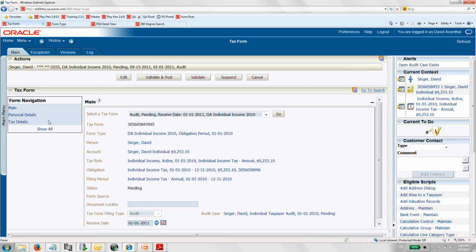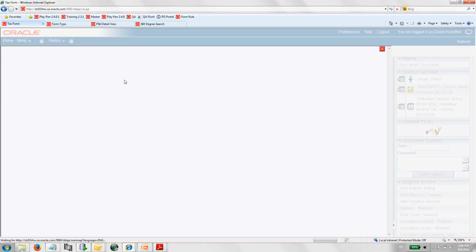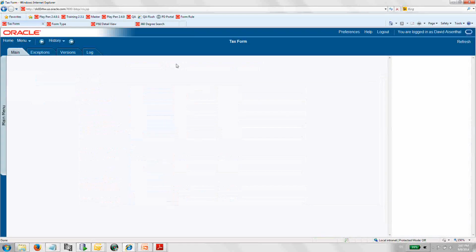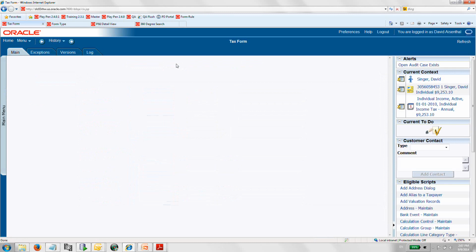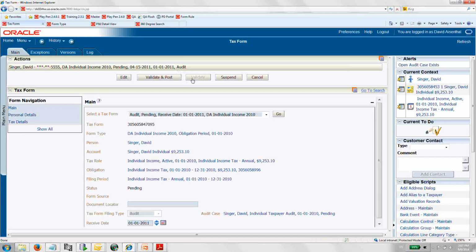That in itself, I believe, if we validate it, will actually error, because now the value isn't correct. It has to add up to 107,000. So I'm going to edit that again. Make sure the total taxable amount calculation is correct. Let's go back to that and change that to 107. And now when I validate,